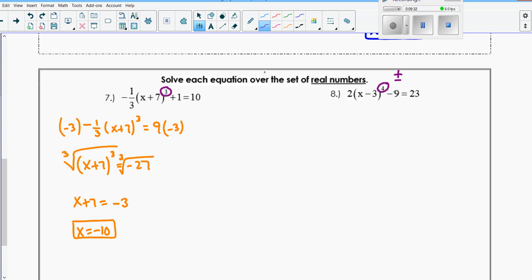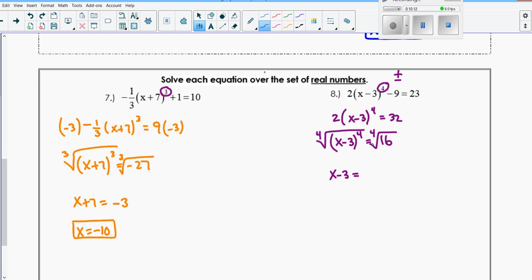So again, move the constant. If I add 9 to both sides, I'm left with 2 times (x minus 3) to the 4th equals 32. Again, get rid of your coefficient first, so I'm going to divide both sides by 2, giving me 16. In order to undo a squared, I square root. In order to undo a cubed, I cube root. So in order to undo a fourth, I fourth root, which leaves us with x minus 3 equals